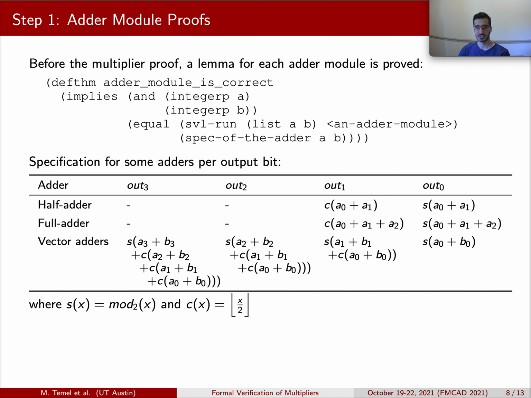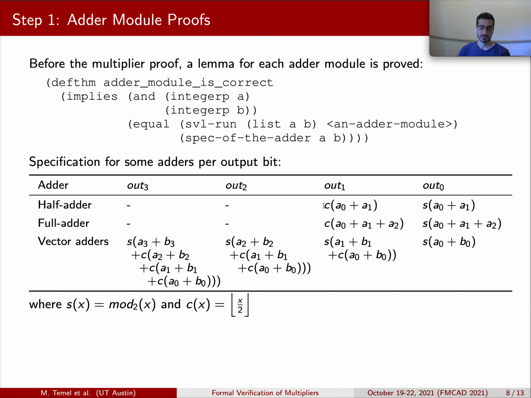The first step of our multiplier design proofs is creating rewrite rules for each of the adders that are instantiated in the multiplier. We do that by stating a similar conjecture for adders. Here we choose a specification for each adder module that is represented by our functions S and C. S stands for sum bit, and it is an alias for mod2. C stands for carry, and it is equivalent to floor of y by 2. This table gives examples of these specs for some common adders. A half adder